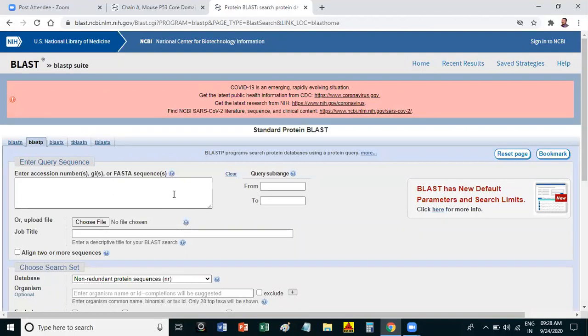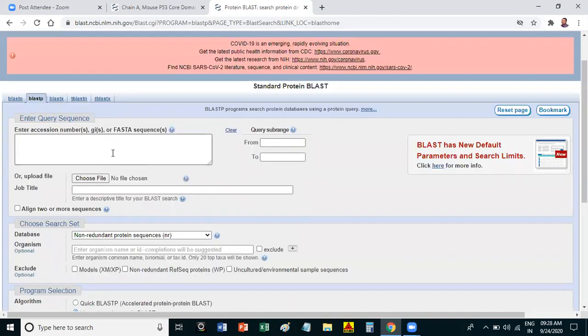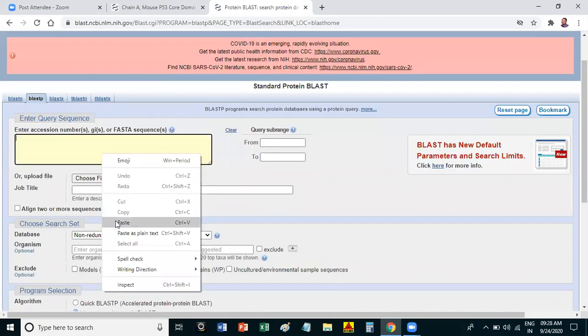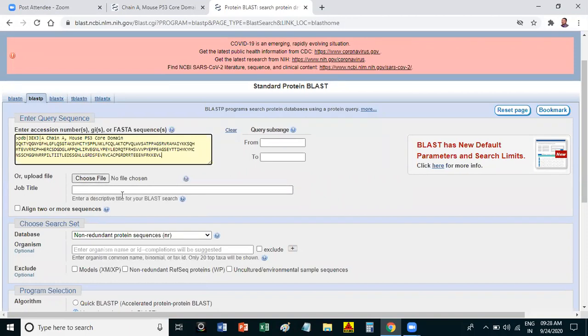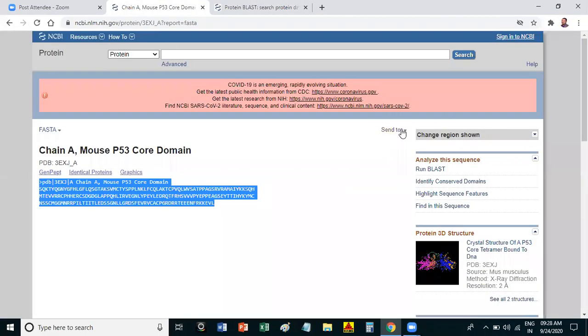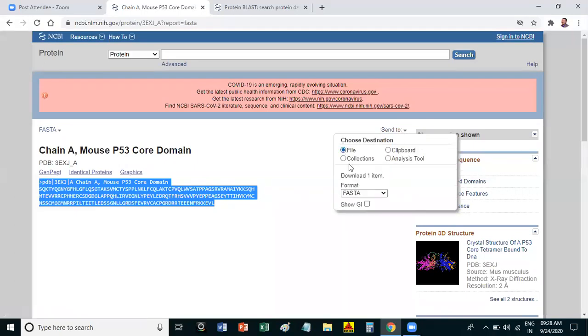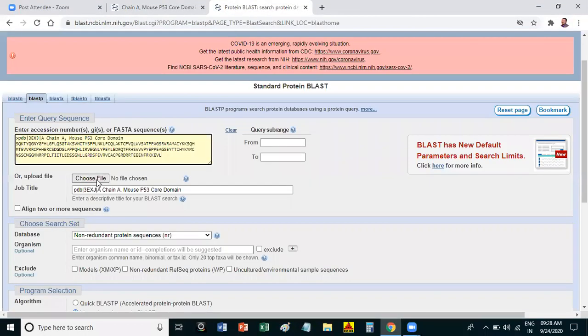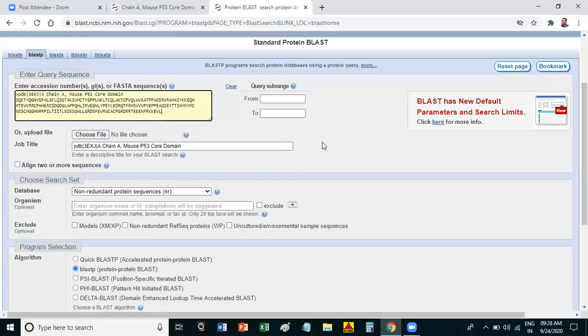When you have a nucleotide sequence, it was shown as nucleotide to nucleotide, meaning a nucleotide query is taken and searched against the nucleotide database. So just put your sequence here, or you can upload the sequence also. I have shown you how to save the sequence as a file. If you are saving the file, you can directly upload the file here. Both options are available.